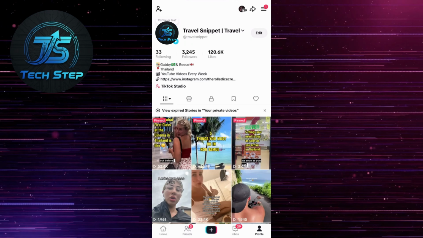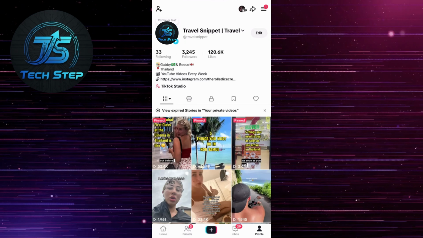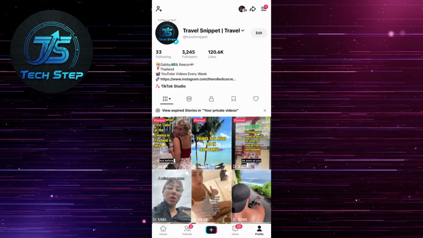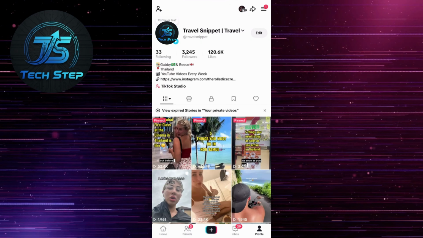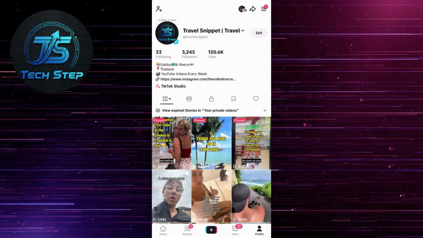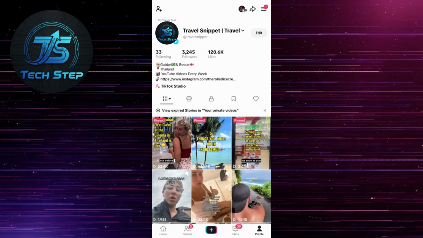So, the first thing you need to do is make sure you meet the eligibility requirements. So, that means you need at least 1,000 followers on your TikTok profile, and you also need to be at least 18 years of age. Now, if you do meet these requirements and you're still not seeing the TikTok live option, then what we can